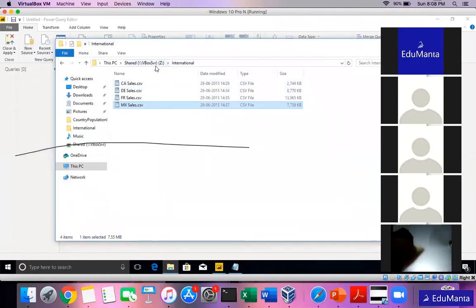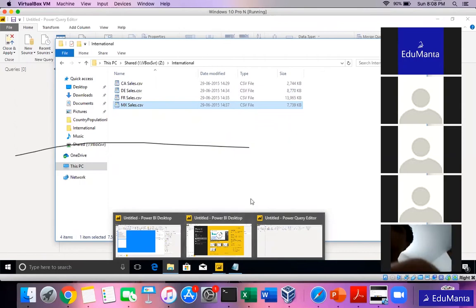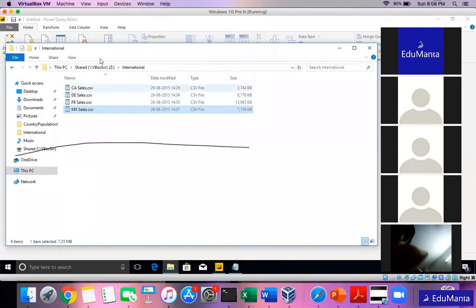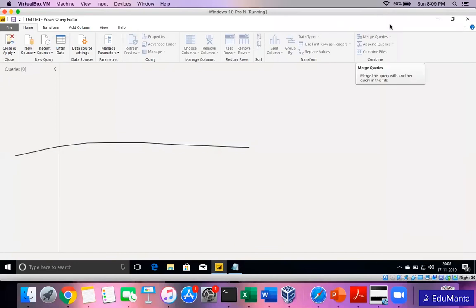So I will show you different methods. One is importing the files one by one and appending them in Power BI Desktop, if you have files not in the same folder. The second will be the option that I discussed yesterday, that we can also import a folder together and Power BI by itself will combine everything. So we'll go through both approaches.